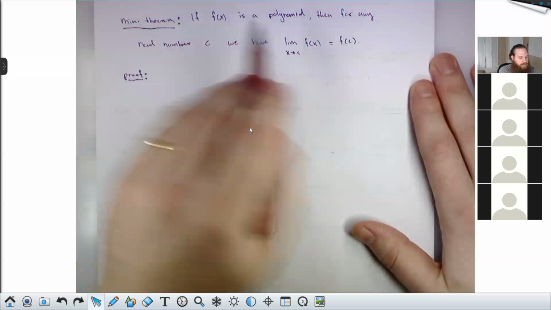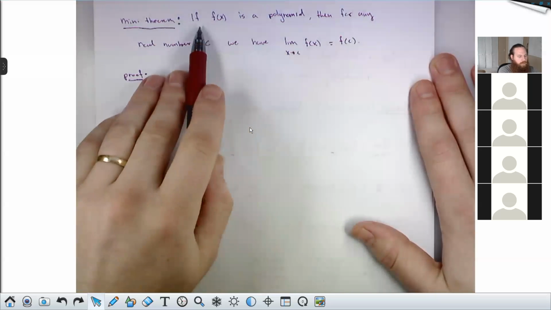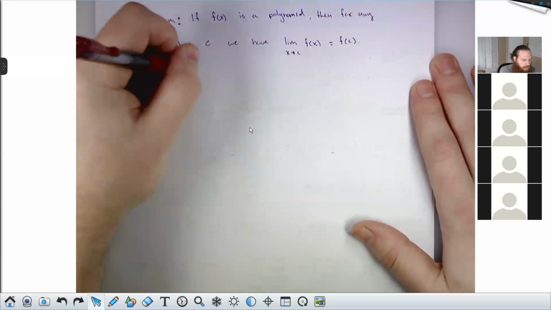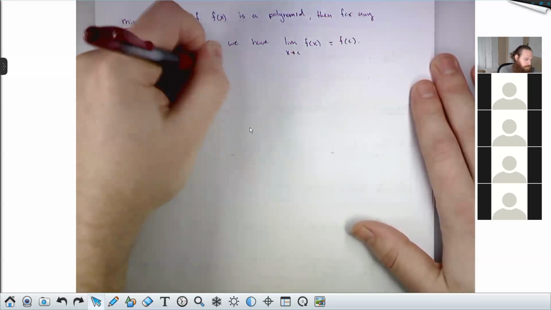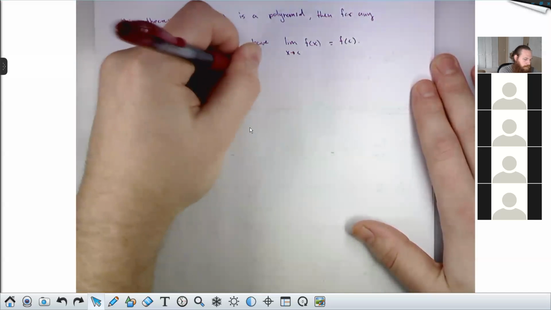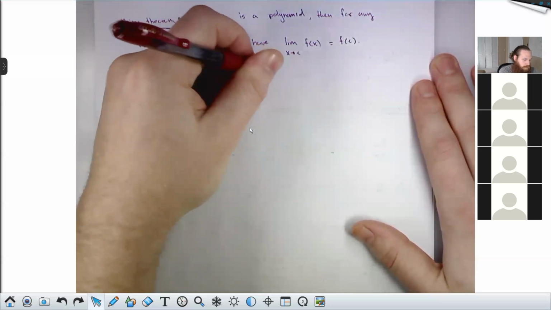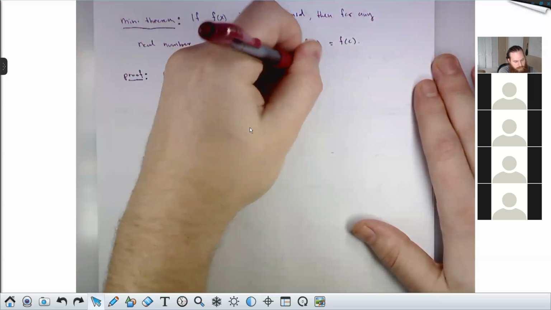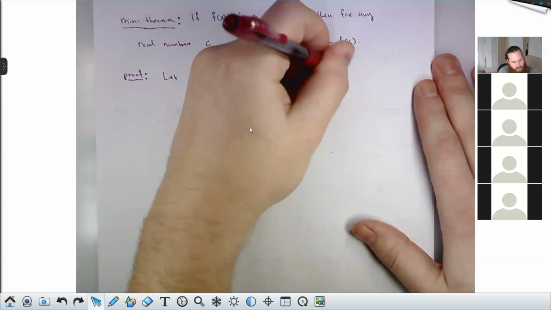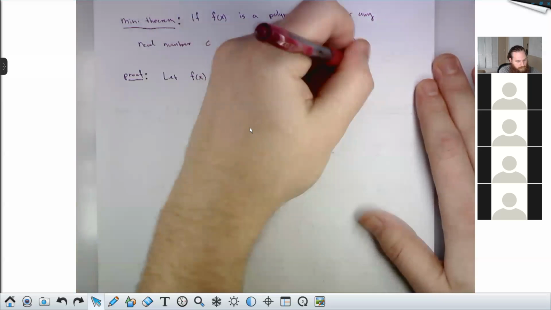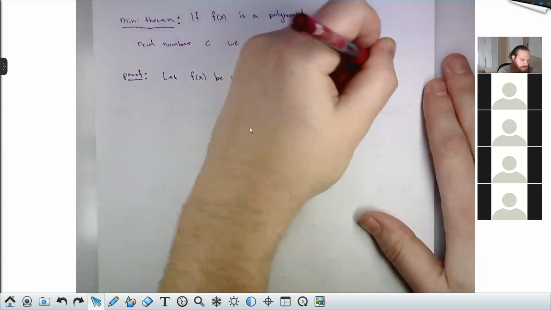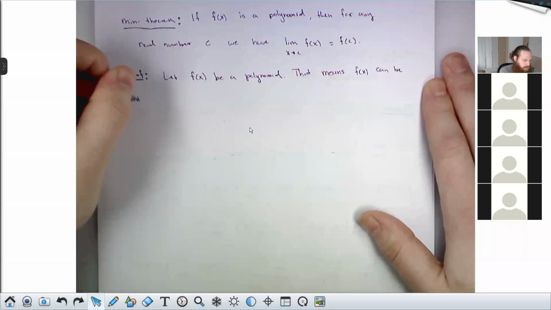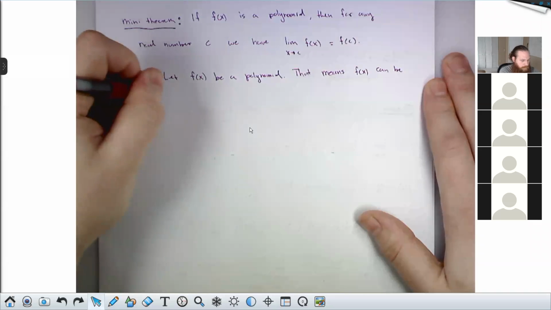Well, I'm making a statement about any polynomial. So I should begin with an arbitrary polynomial. Let f of x be a polynomial. That means f of x can be written in the form